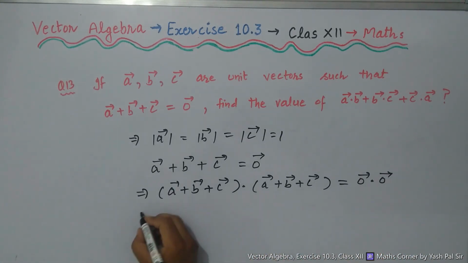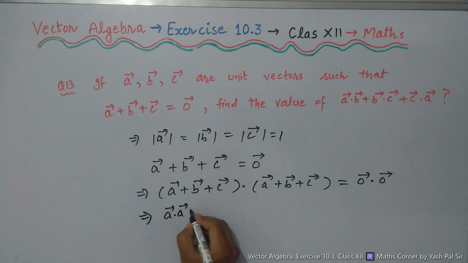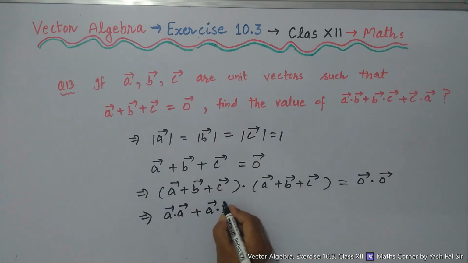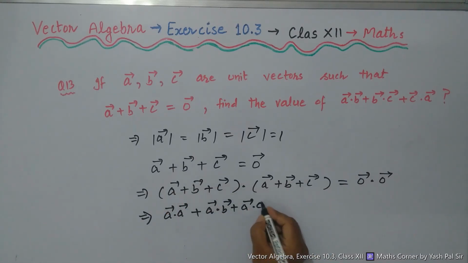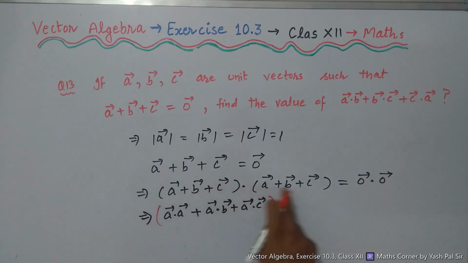So now we have A dot A, first of all multiplying with A vector the second bracket, A dot vector B plus A dot vector C. This is the first bracket. We multiplied the second bracket with A, second time plus symbol, we multiply now with B, the whole second bracket, so we have